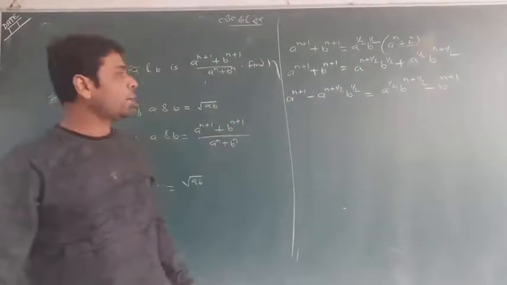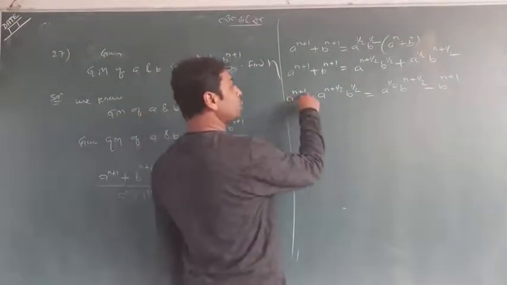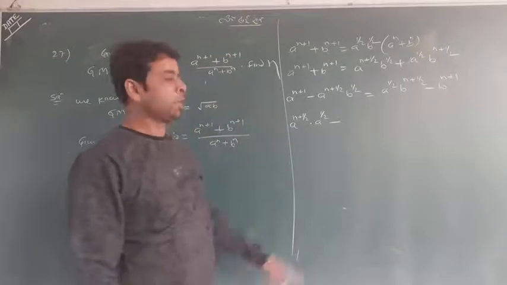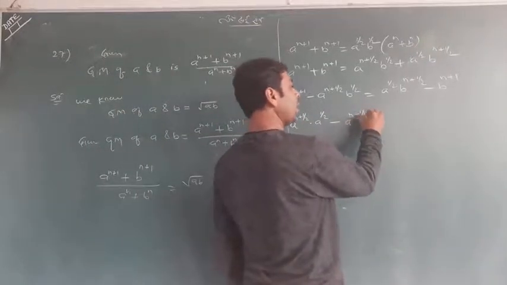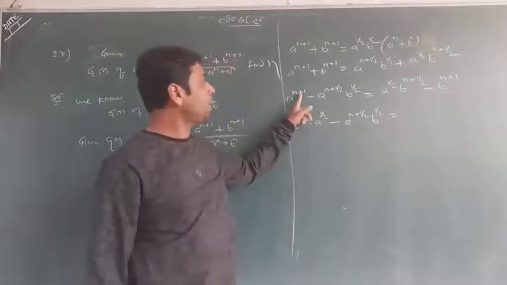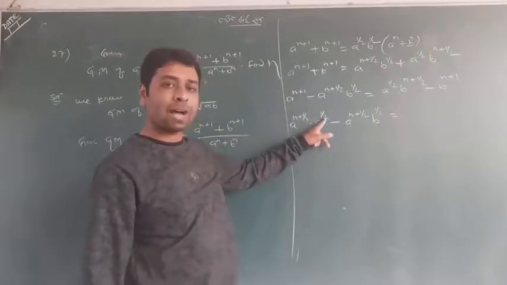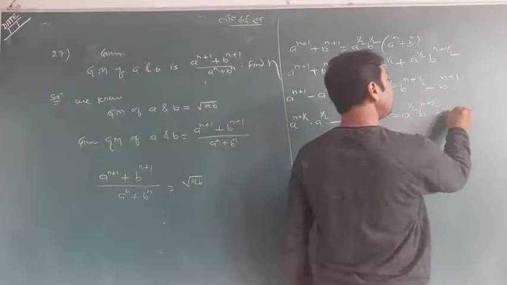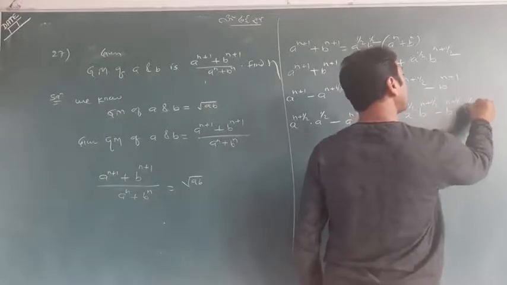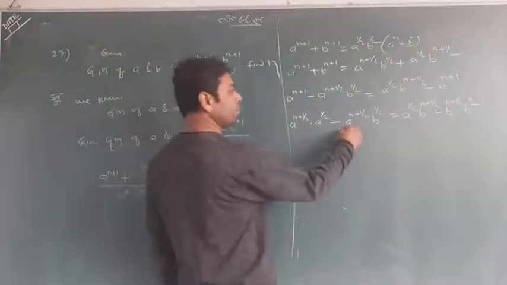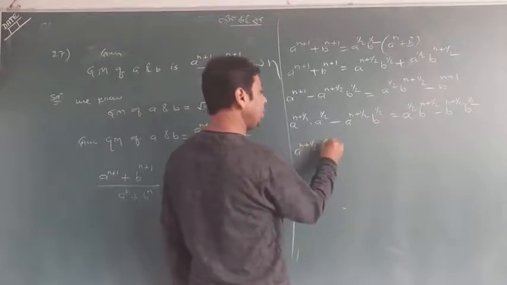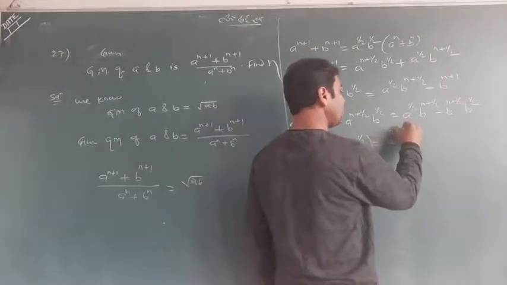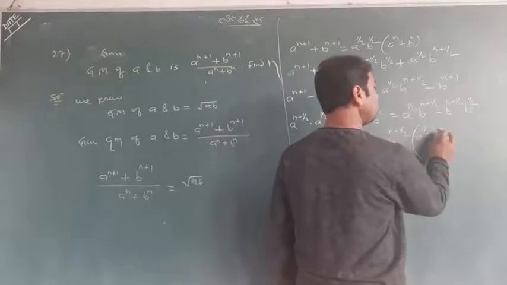Now what I'll do? I will write n plus 1 as a to the power n plus half and a to the power half. Try to understand. And this is a to the power n plus half, b to the power half. What I have done? This n plus 1 was there, so I wrote n plus half and half, meaning 1. And same is here, a to the power 1 by 2, b to the power n plus half, b to the power half I write. Now I take common a to the power n plus half. So I have a to the power half, b to the power half. I take common b to the power n plus half. So we have a to the power half minus b to the power half.